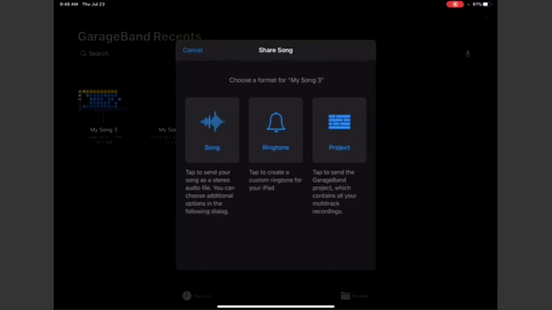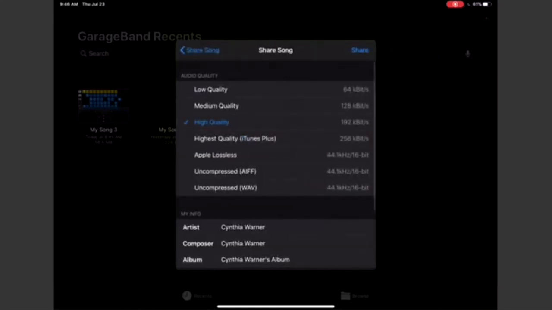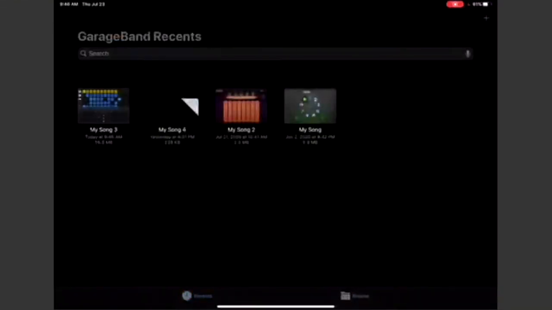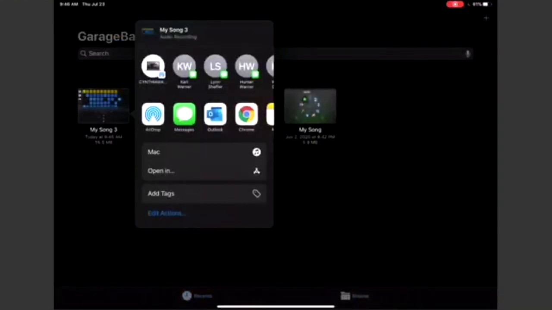But if you go to song, then you have quality you can choose. Lossless and uncompressed are the highest quality. You're looking for that. For the sake of saving space on my iPad, I usually just go with high quality. And then I click on share, and it's going to ask me how to share.